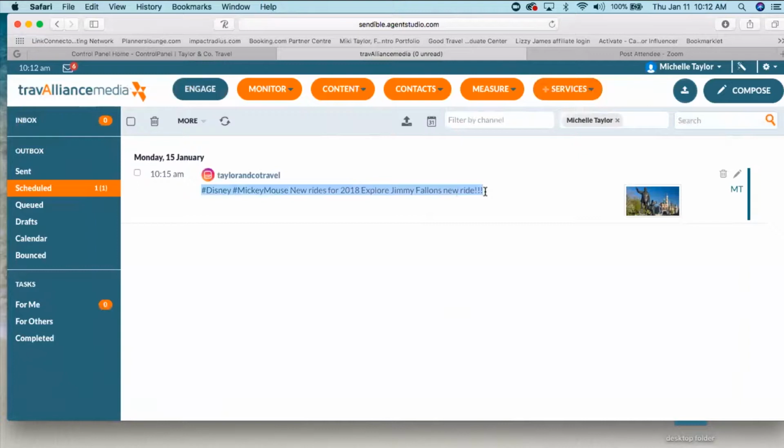Then I'm going to go into Instagram. It takes 30 seconds to do this. You're going to open Instagram, click on the plus, which, for those of you that aren't that familiar with Instagram, brings up a new post. And this image that you just saved will be the first image that appears in the upper left-hand corner.